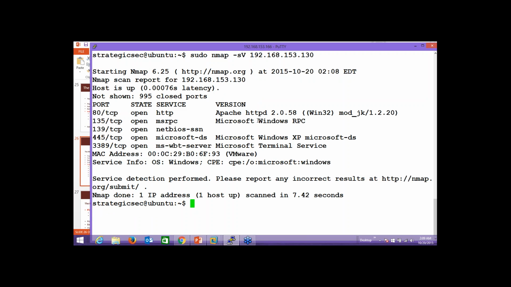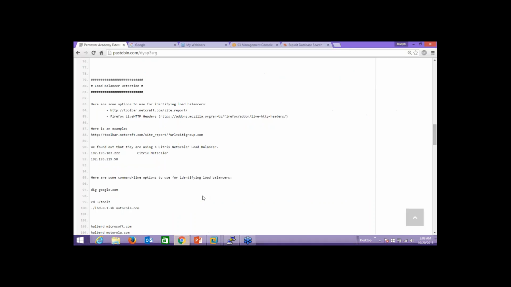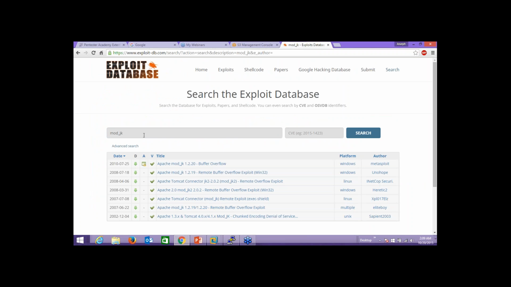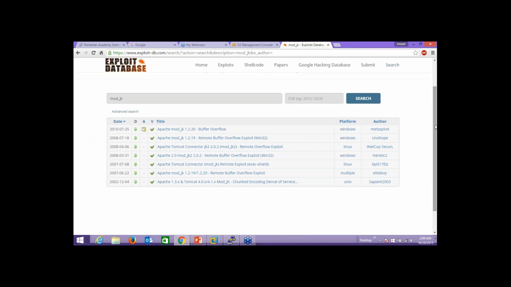So we can see that in this case, this Windows machine is running Apache, and it's running a vulnerable version of Apache. So what we do is we say, okay, let me go out to exploitdb.com/search, and let's look for Apache. Okay. Definitely that version has an exploit that's in Metasploit. Let's see,